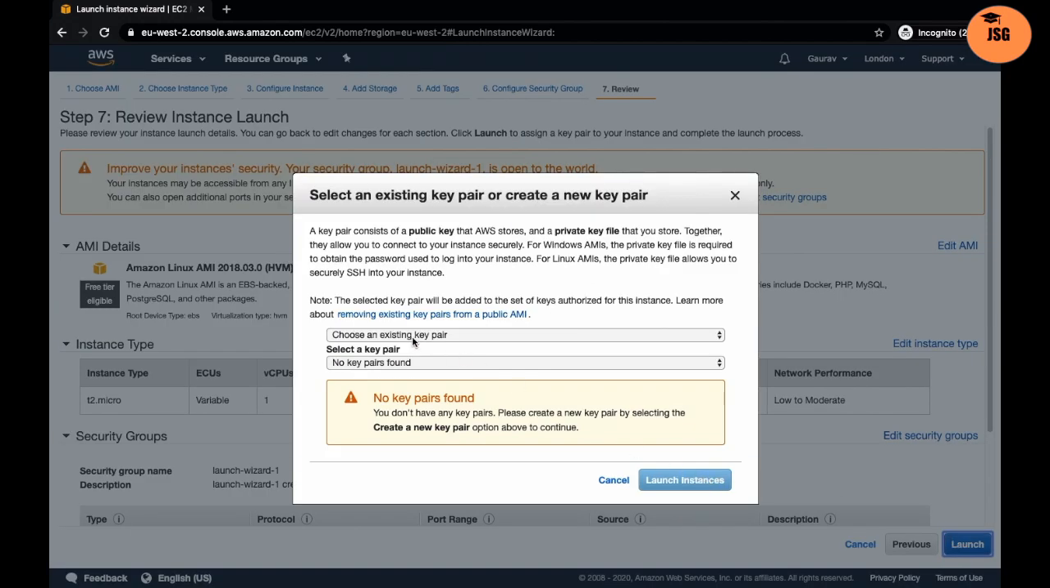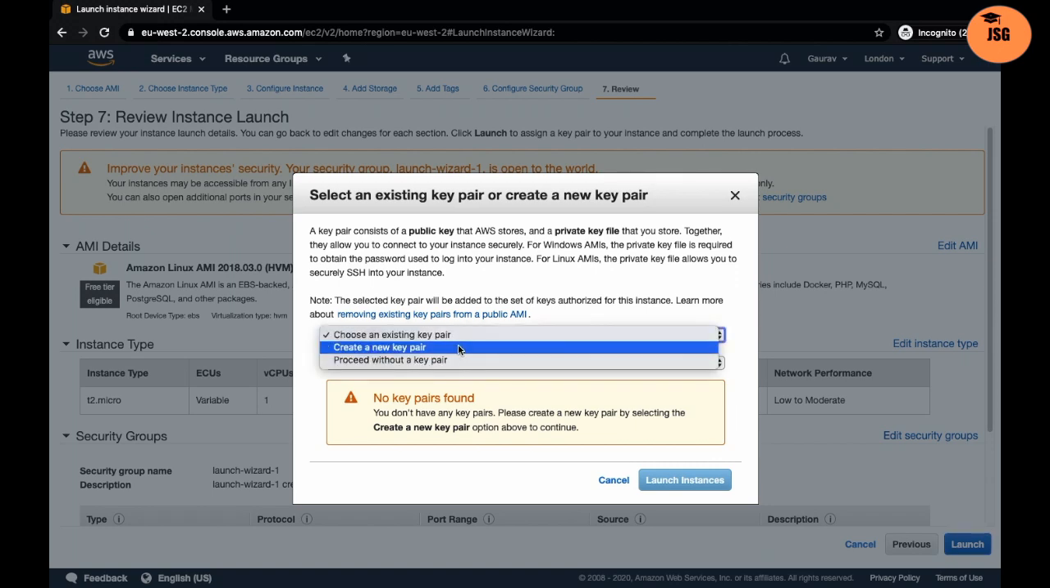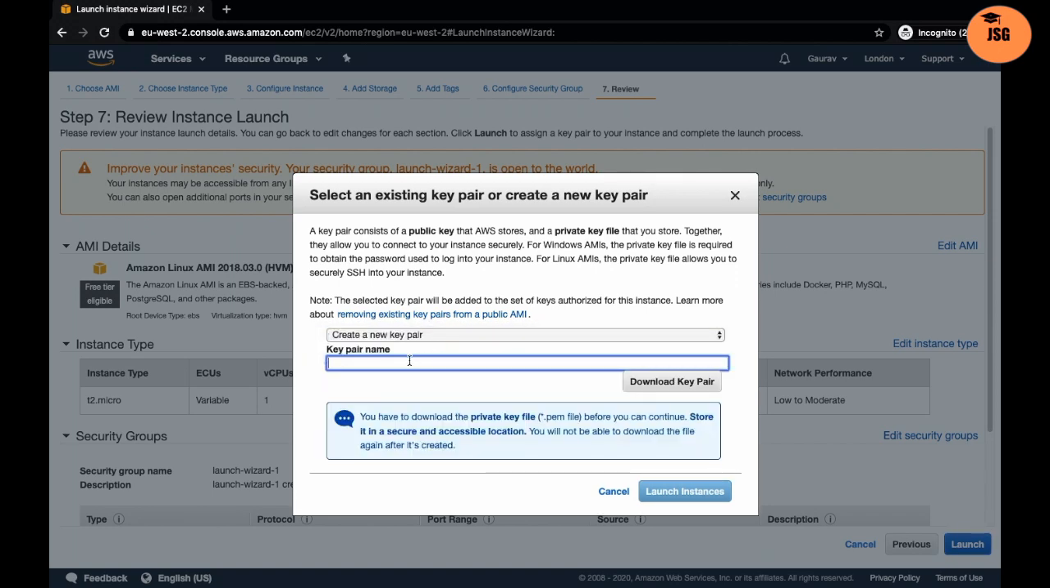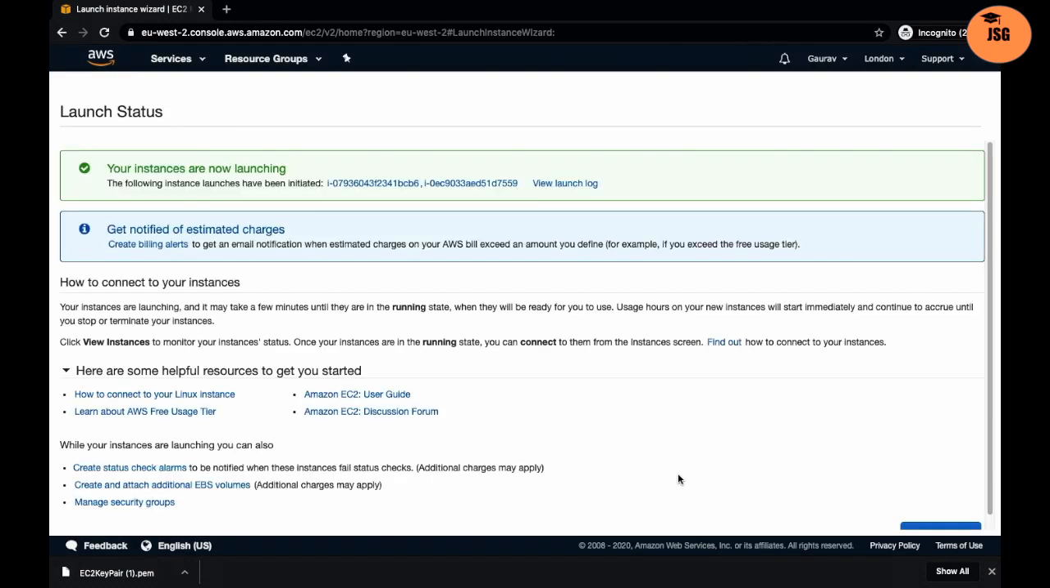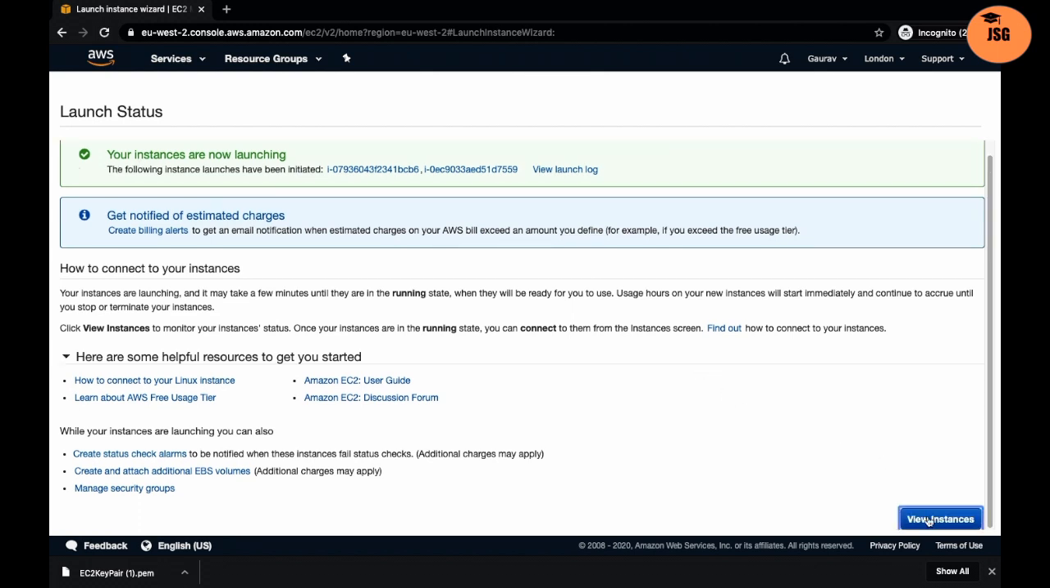launch. And here it will ask for downloading a key pair, which is used for logging into your AWS EC2 instance. So you need to give some name, like I'll say just EC2 key pair, and I'll say download, and then I'll say launch instances. So it says your instances are now launching. Now go to view instances,